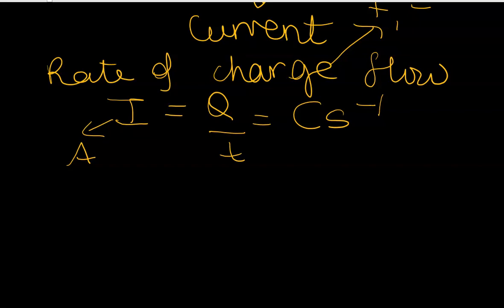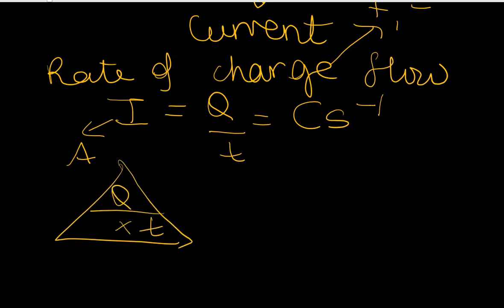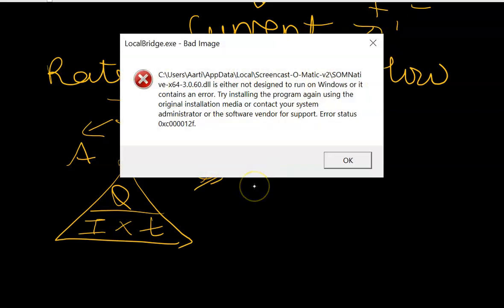So my current is measured in amps. 1 amp is defined as the charge which flows for 1 second. And again, you can show your formula pyramid, Q over T, and you can solve for I from that, okay? So many times you might get a question, for example, determine